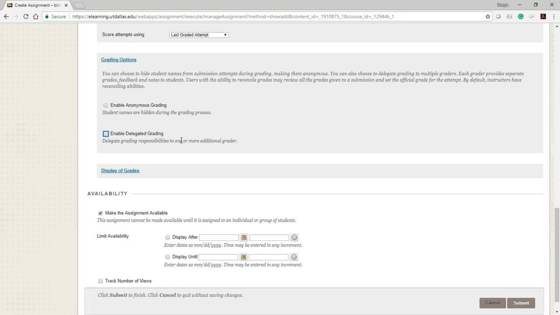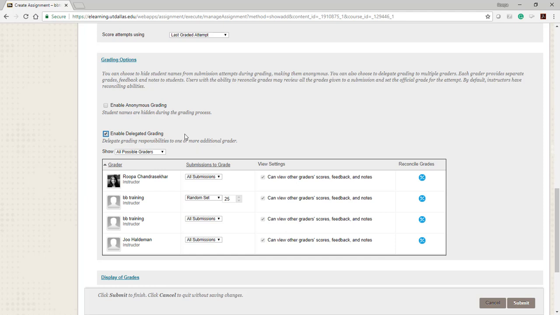Next, we have delegated grading. If you have a large class, you can divide the grading tasks among your TAs or graders. Once you check Enable Delegated Grading, you will be able to view a list of all the users in your course whose role enables them to grade. This includes instructors, teaching assistants, and graders. You can use the menu next to each individual's name to assign student submissions that they will be able to grade.